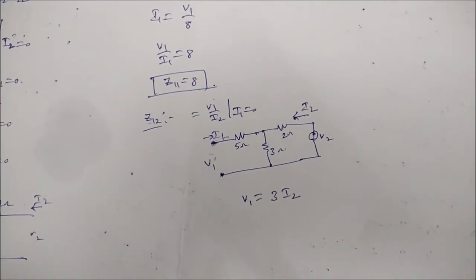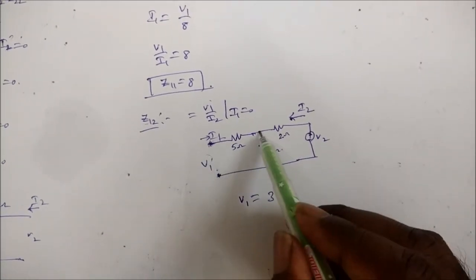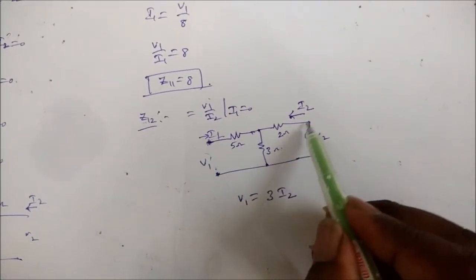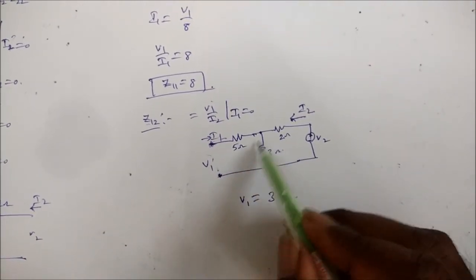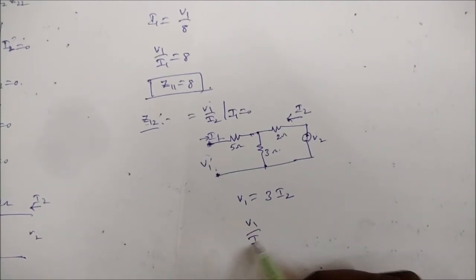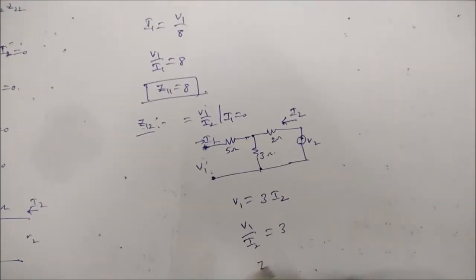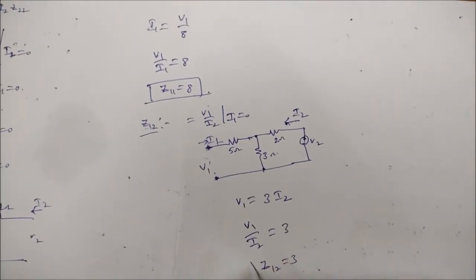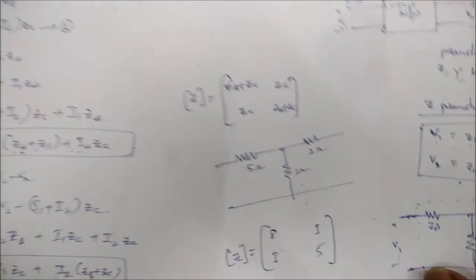V1 is the voltage across these two terminals, and I2 is flowing in this direction. So I2 into 3 ohms, that will be V1. So V1 by I2 is equal to 3. What is V1 by I2? That is Z12. It is equal to 3. Right? See here, Z12 is equal to 3. And similarly